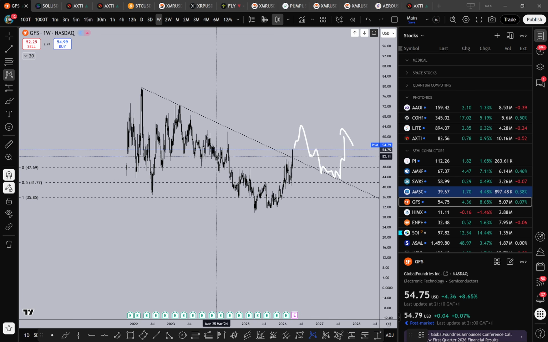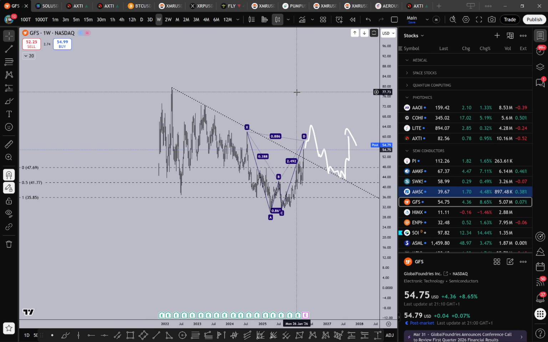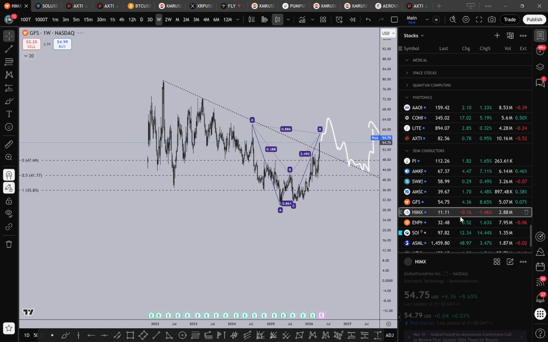Because again, what we have here technically is a completed wave structure, or near completed wave structure. 854, 861. So not quite an 886 yet. A bit higher perhaps for this. But you'll have a completed bearish bat, right? And you might get the T1, the type 1, for example, in here, with 0.5 would give you that retest, and then maybe that's where you enter off of, right? But yeah, GFS, that's Gold Foundries Inc. There's Himex,